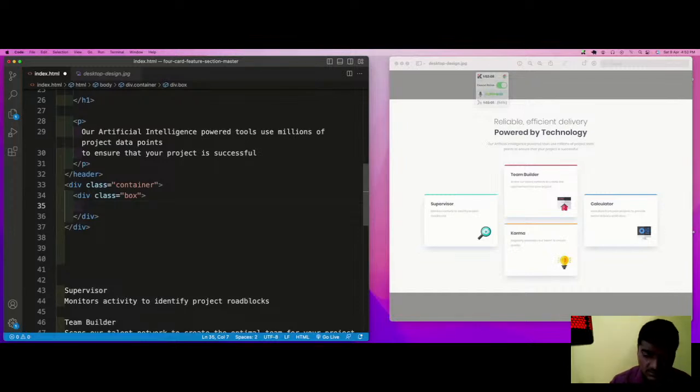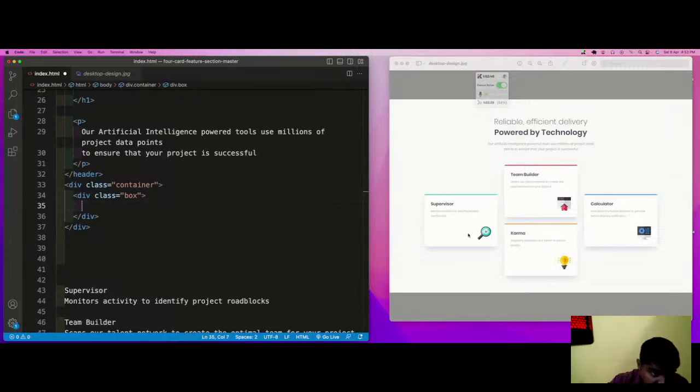This class box is common for all the four boxes because it contains header, para, image, and a border top. It contains four things, and all these four things are in a perfect alignment, aligned beautifully centrally. Okay, so that is how it goes.